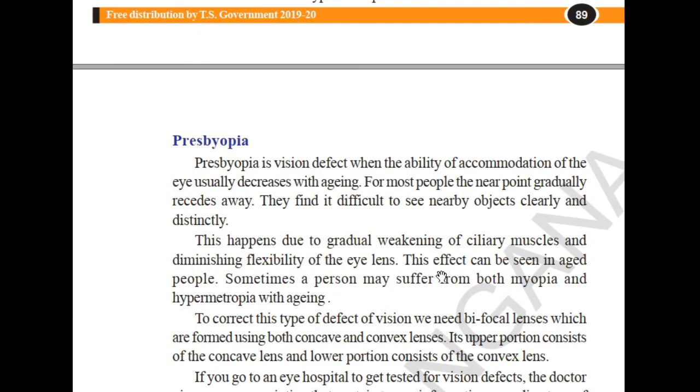So this is a defect which is seen mostly in old people. Presbyopia is a vision defect in which the ability of accommodation of the eye lens decreases with aging. In most people the near point gets reduced and they find it difficult to see near objects, and this happens due to weakness in the ciliary muscles. Due to the weakness in ciliary muscles, the focal length of the eye lens cannot change, so the person